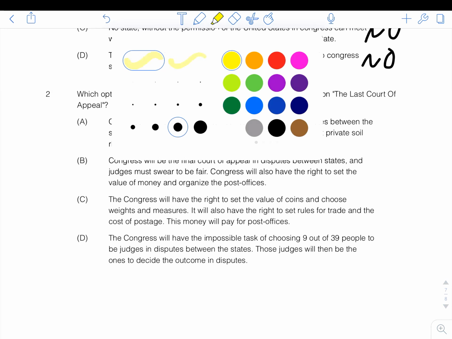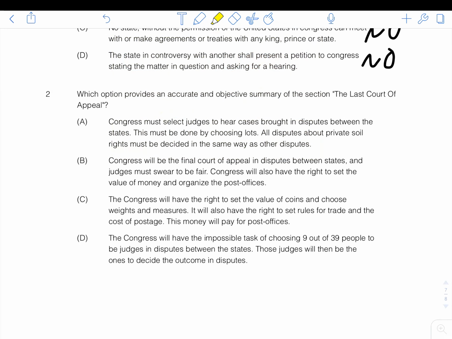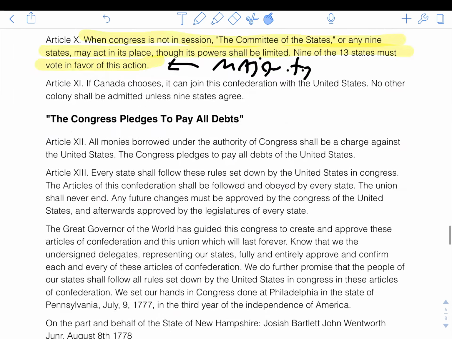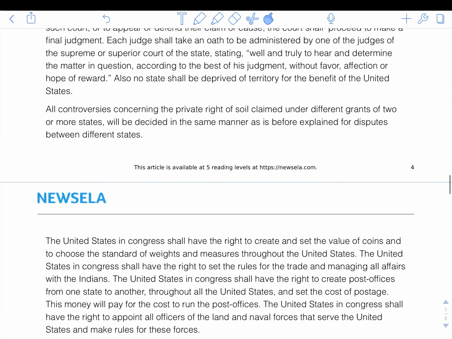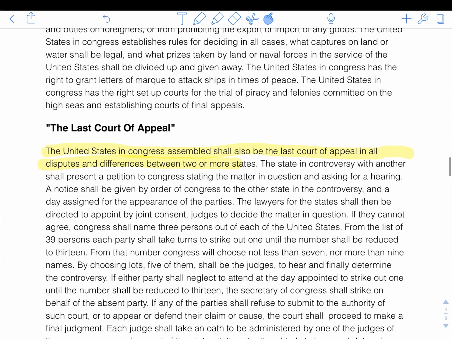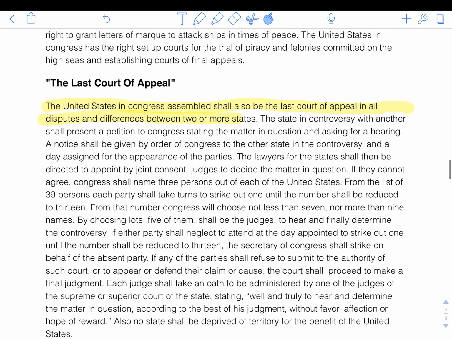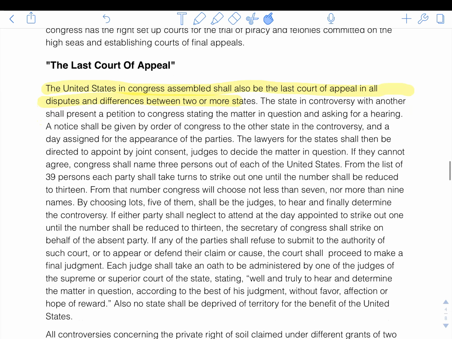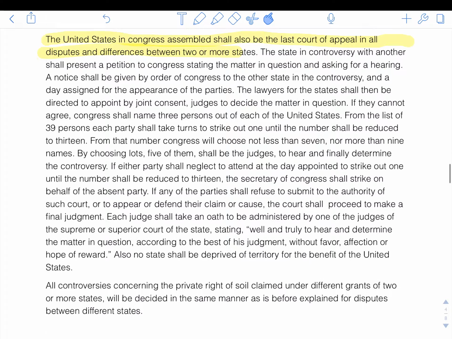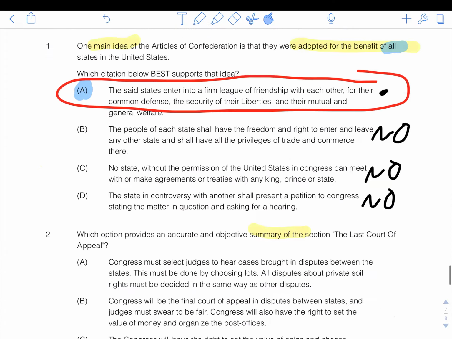And it's going to highlight the word summary of the section, the last court of appeal. So we're just going to go back up to the last court of appeal. I believe we took a mental note on that. Okay. So the United States and Congress assembled shall be the last court of appeal in all disputes and differences between two or more states. And there's a bunch of detail there, but let's go back to the question and see how far we can get. So it says,